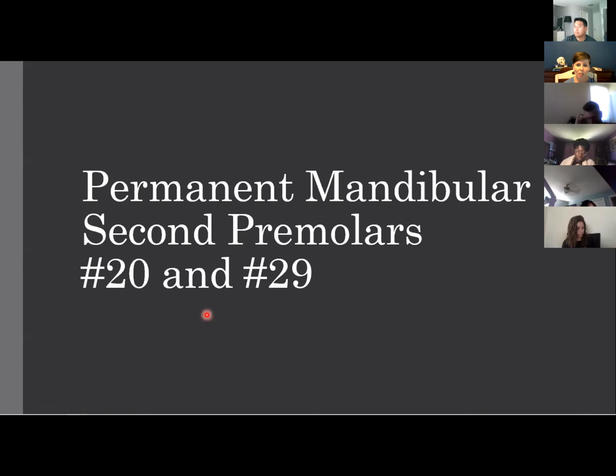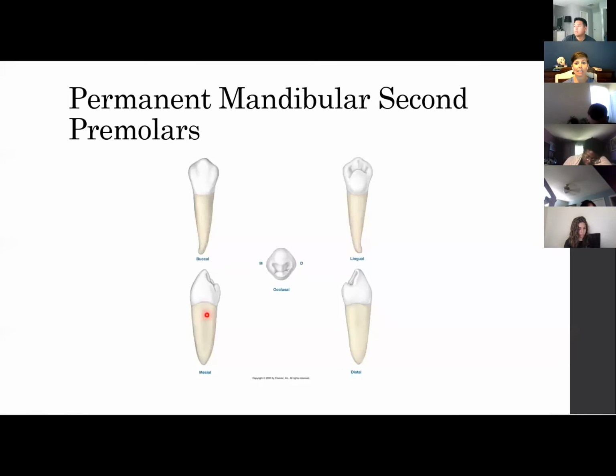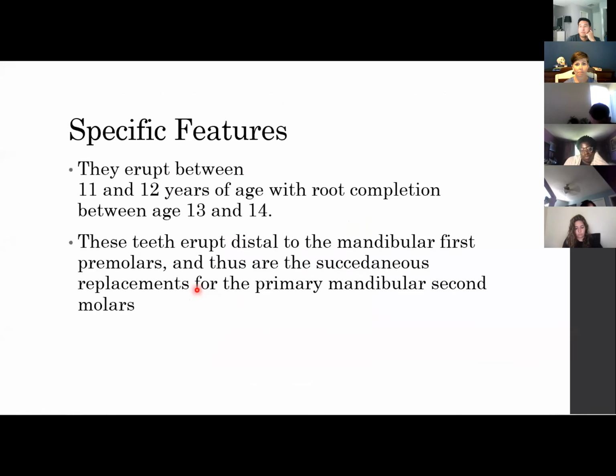All right, moving on to the permanent second premolars, the permanent mandibular second premolars. This is tooth number 20 and tooth number 29. All right, so here is our mandibular second premolar. All right, so they erupt between the ages of 11 and 12 with root completion at 13 to 14. These teeth erupt distally to the mandibular first premolars and are also succedaneous because they replace, does anybody want to